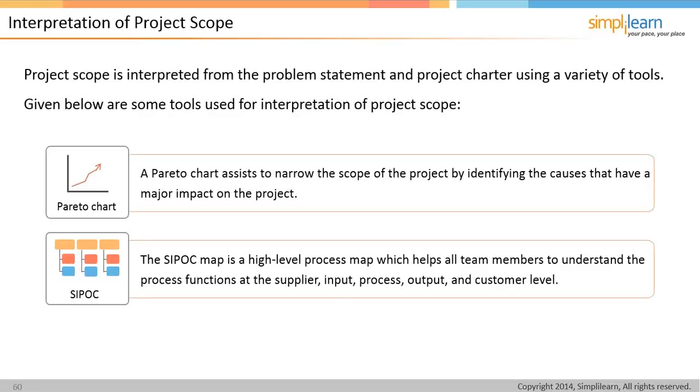So, as the slide shows, a Pareto chart assists to narrow the scope of the project by identifying the causes that have a major impact on the project. If we're looking at all the things that have an impact,